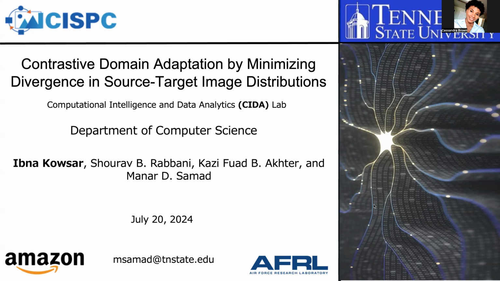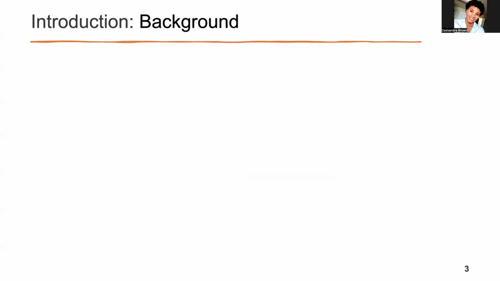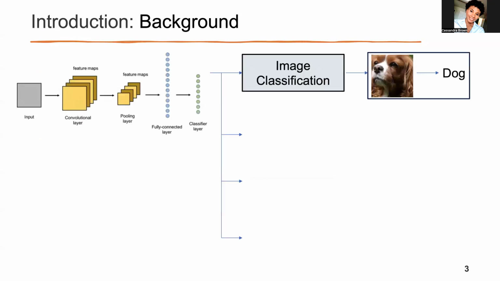In this presentation, I'll be discussing first the background of the domain adaptation problem, why we need it, and some motivations behind it. And I'll be explaining the methods that we use to do the domain adaptation, and I'll discuss the results and summarize the presentation. First of all, in the realm of computer vision and image processing, task specific neural network training